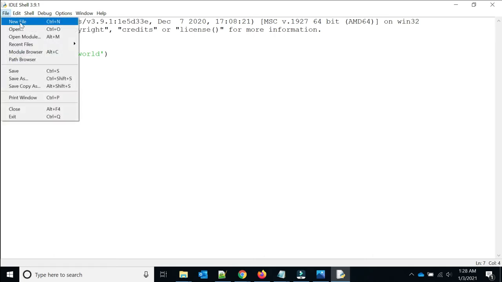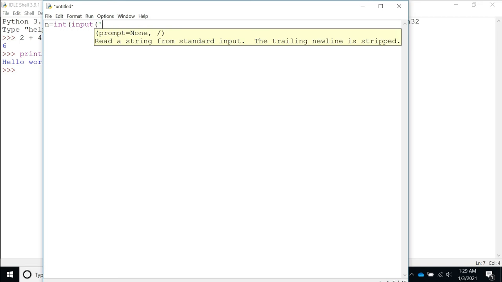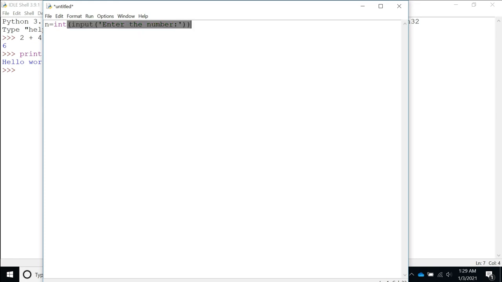Go to file, click on new file. So now we'll write some Python script here. So I am just writing n equal to int input. So don't worry about all these commands, we will be discussing them when we proceed in our course.